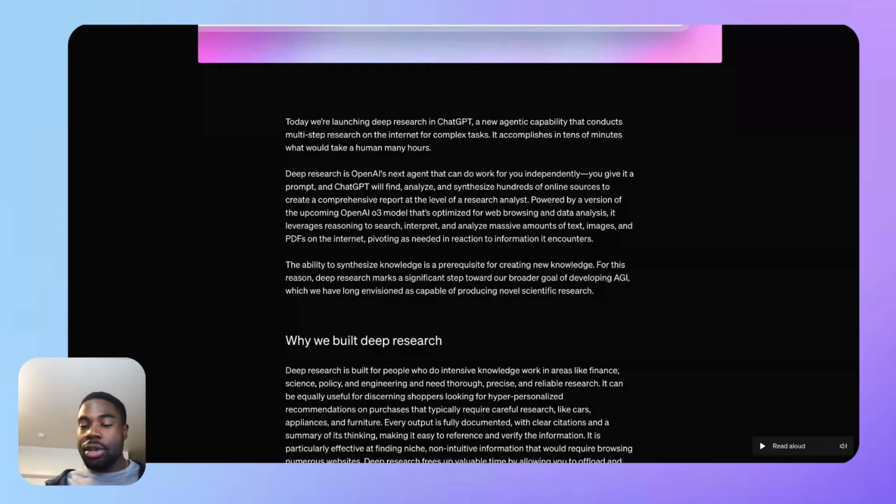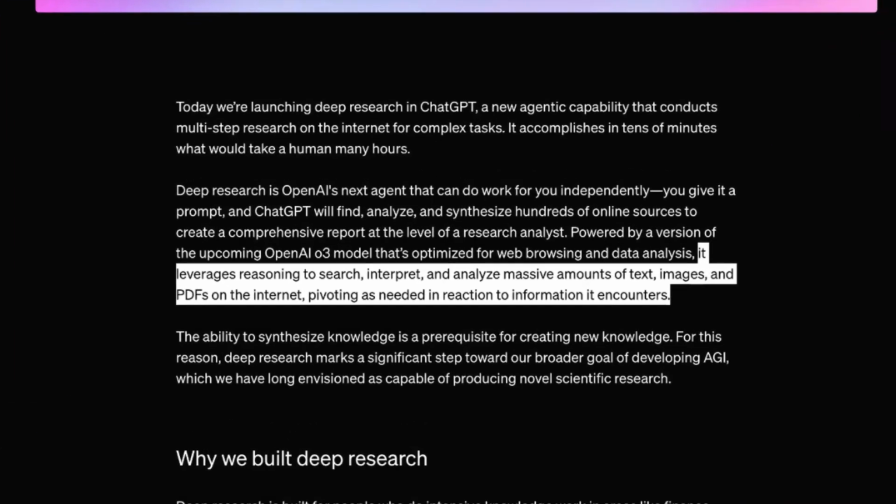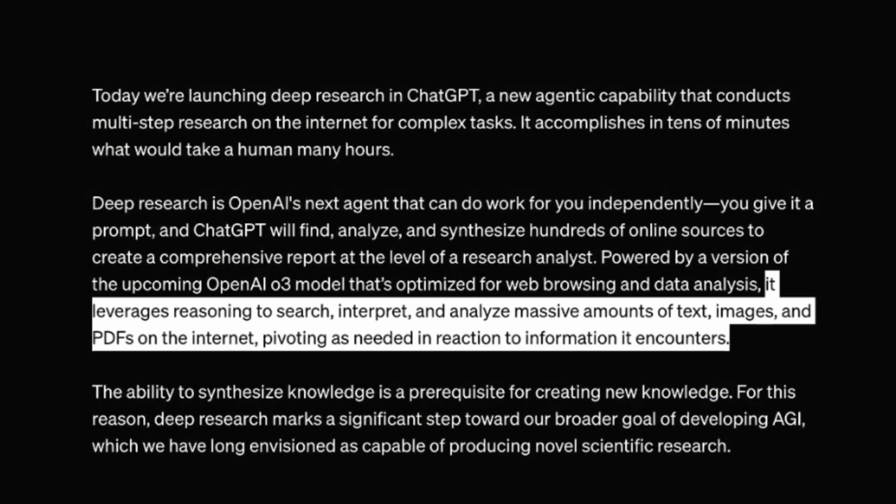report. Later in the article, you see that deep research takes between 5 to 30 minutes to come back with this report. So it's not just a regular prompting and sitting on your computer and waiting for an immediate response to ChatGPT. It takes time and synthesizes all this information to generate a report for you. Another thing that's cool about deep research is the fact that it not only synthesizes text, but it reasons over also images and PDFs on the internet, all other forms of data on the internet to generate this report for